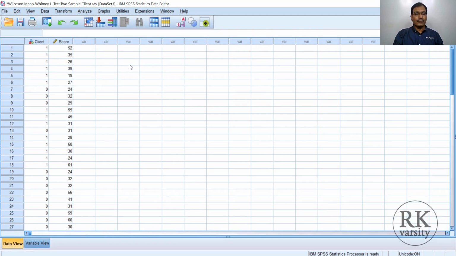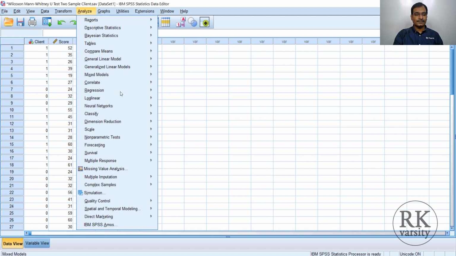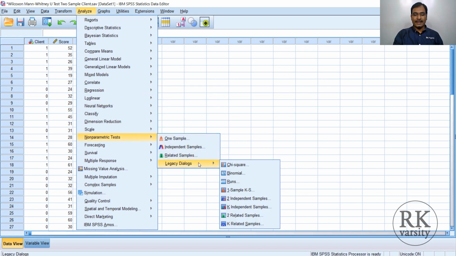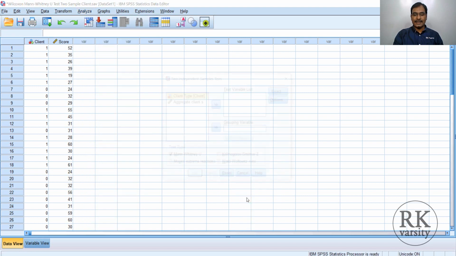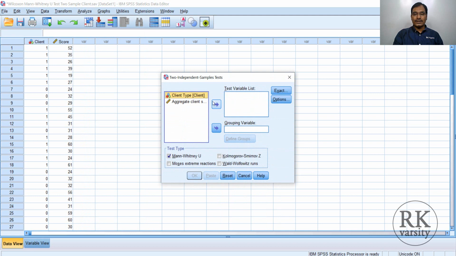To run a Wilcoxon-Mann-Whitney U-test, go to the menu command, select Analyze, then Nonparametric Tests, and Legacy Dialogs. Then go to Two Independent Samples. Here the test variable is the aggregate score on an instrument measured on an ordinal scale.